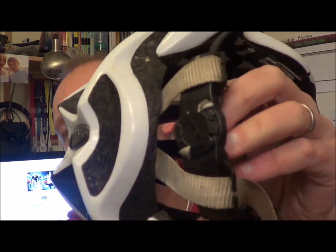Now, in terms of a couple of the problems with the helmet since I bought it, I mean, it's 2.5 years old, so I suppose it's been fairly battered and bruised a bit. I haven't actually come off on the bike at all, but as you'd expect, there's wear and tear on it. So firstly, some of the internal rubber lining elements are beginning to fray a bit. But most significantly, which is a bit disappointing, is the circular adjuster there at the back,